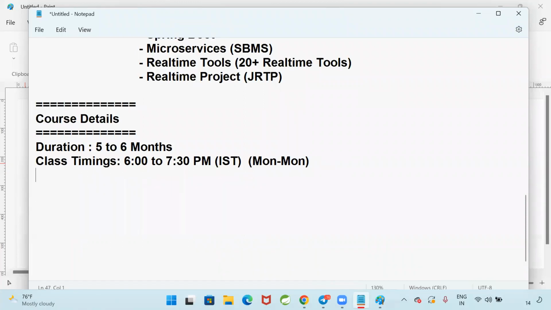Sessions will be available, guys. If you come to offline classes, you will get hard copy material. I am writing the material for core Java and advanced Java also. Spring Boot microservice I already have. For core and advanced, I am preparing. In another 1 week, material will be ready. I will give you a hard copy book material. Hard copy material, and for online people, I completely forgot about online. So, soft copy material will be available for online people. For offline people, hard copy material will be available. For online people, soft copy material will be available.